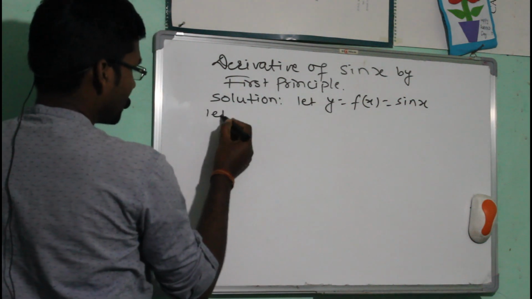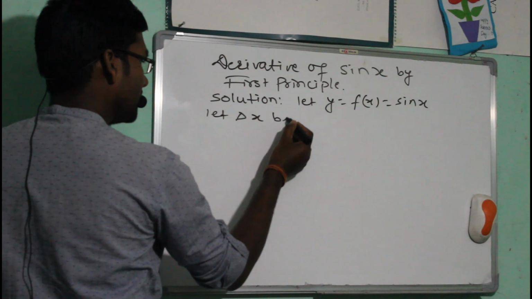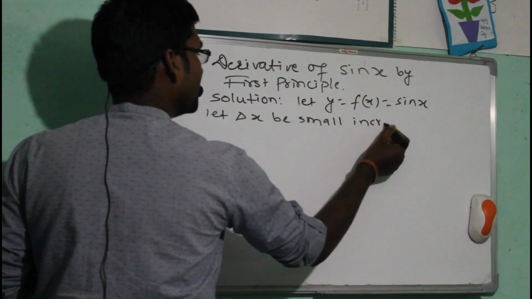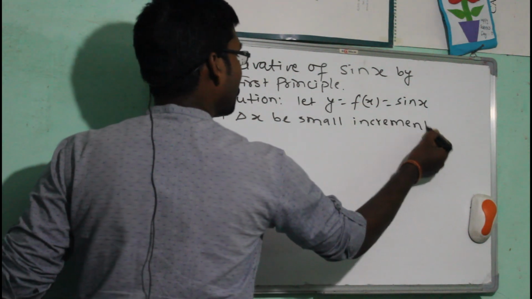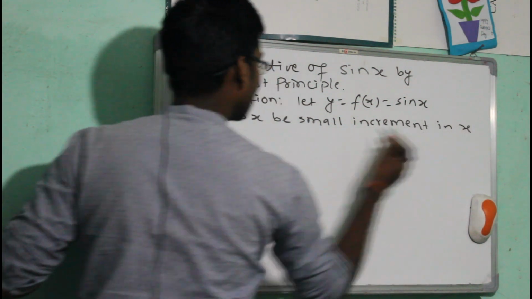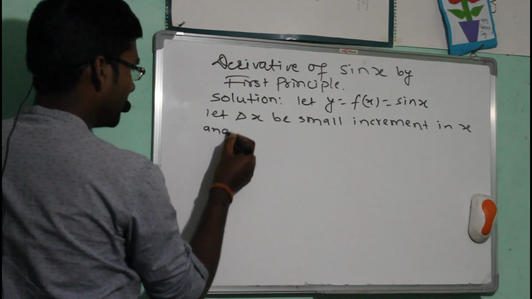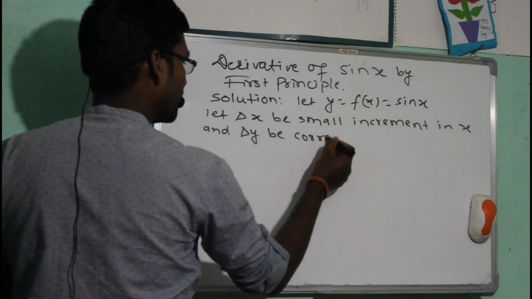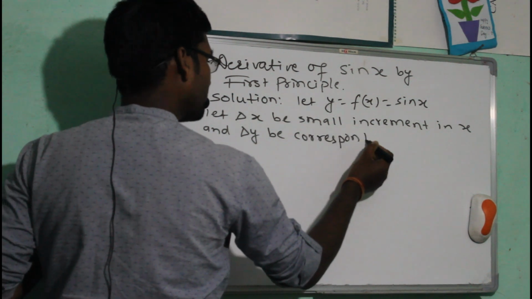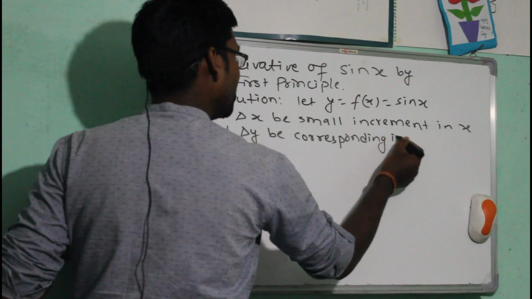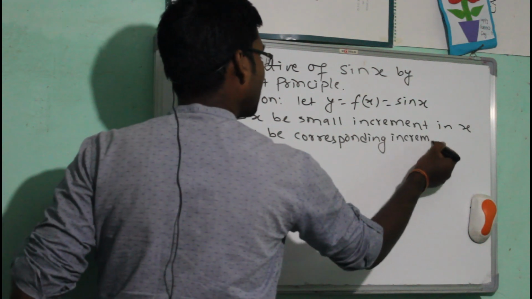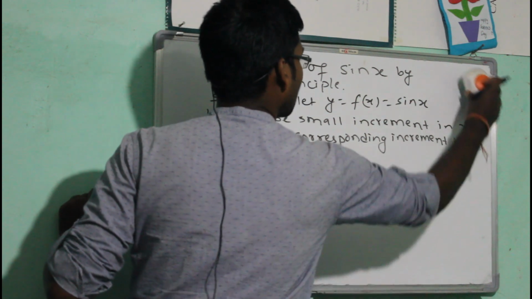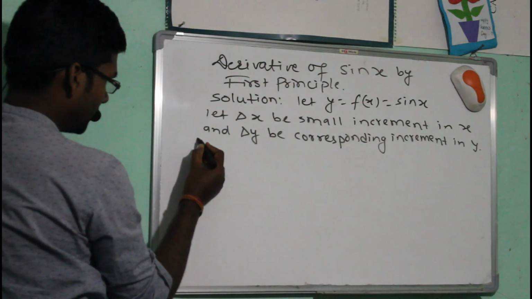Then let delta x be a small increment in x and delta y be the corresponding increment in y. Okay, then